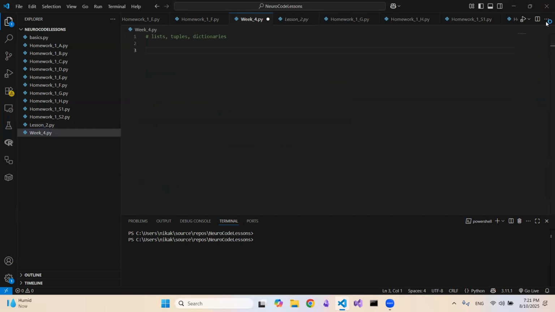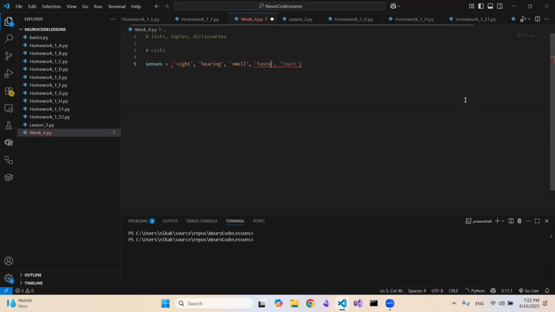There's a lot of operations we can do on lists, and let's have a look at some of the examples and we will understand better why we have them. Right, let's just go through lists. Let's start with the same basic idea as we had before, just as a reminder. Let's say we have some senses, right? So we have sight, we have hearing, we have smell, we have taste, and we have touch. This is a simplification because technically pain is a sense, balance is a sense, temperature is a sense,